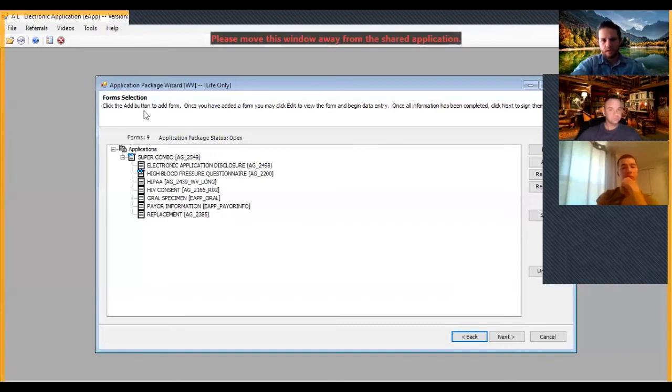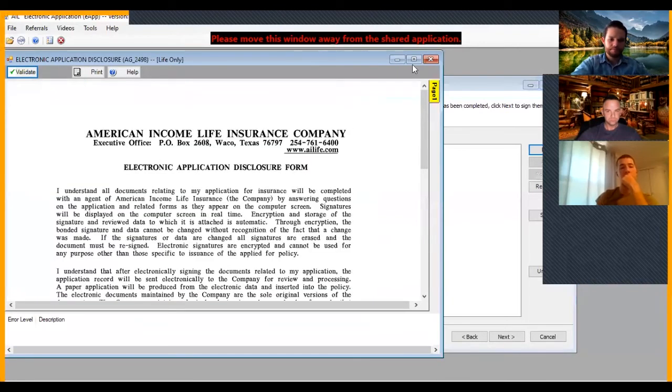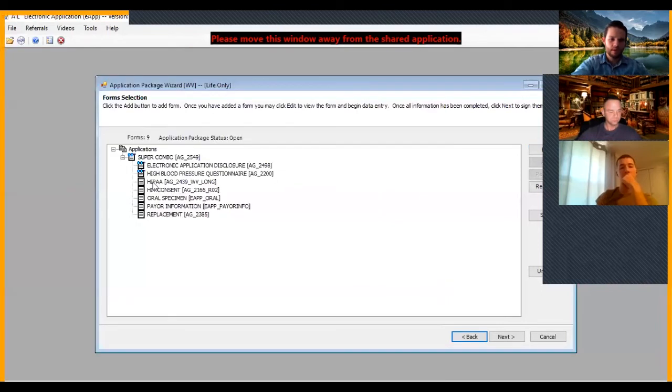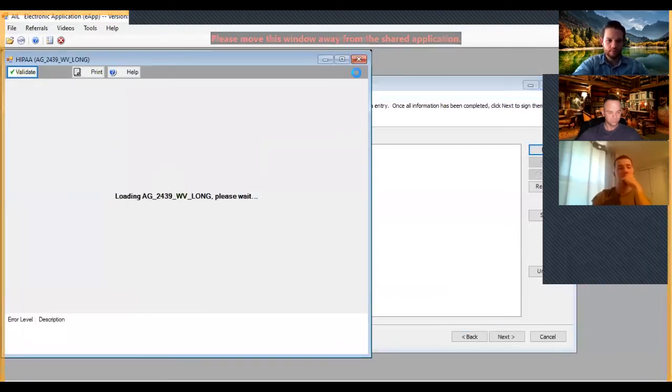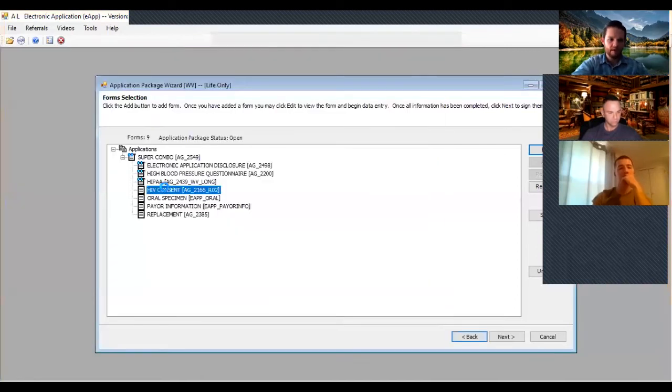Okay, so now we're going to open and close these. So open, close, HIPAA. The next one that doesn't have goggles. See, now that I opened and closed it, it has goggles on it. HIPAA, open, close it. HIV, open,